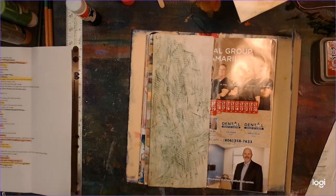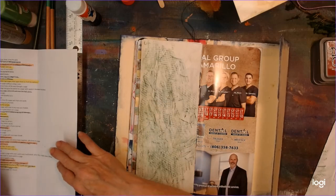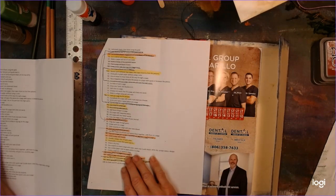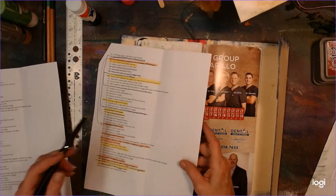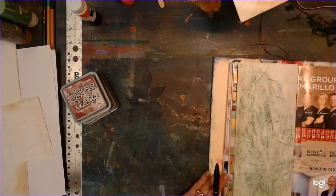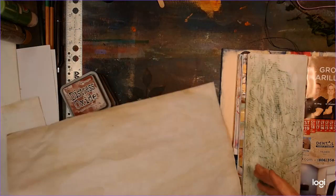Alrighty. And then on 65, we're going to do page 76. I mean, number 76 on page 65. Okay, so I just went ahead and wrote that down because that's what we're fixing to do. I marked it off here. And I got these inks. Last time I did stamping with ink, these worked pretty well. So I'm going to go ahead and